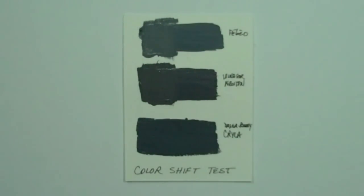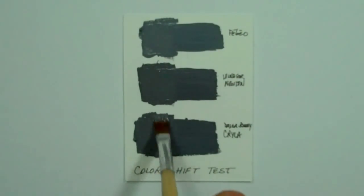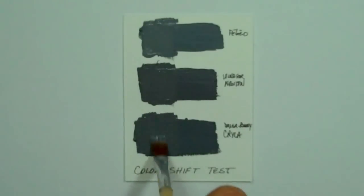This is our Acrylic line, and it was the cheapest. And wow, this one may actually be the closest to the dry form. Once again, not sure how well this is going to translate on camera, but these are wet, and you can see the